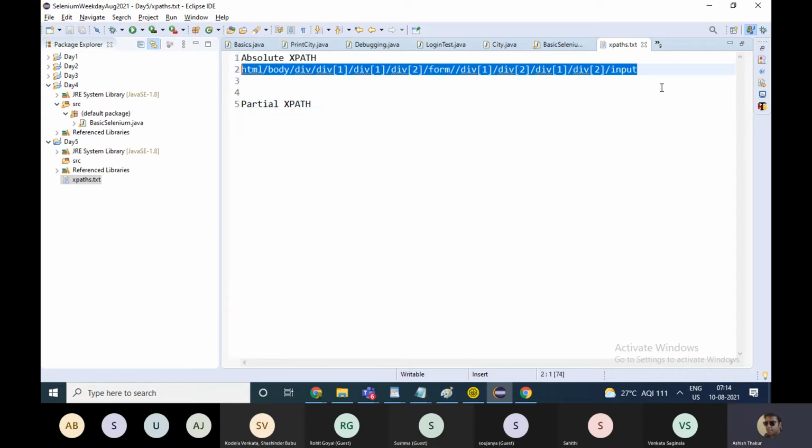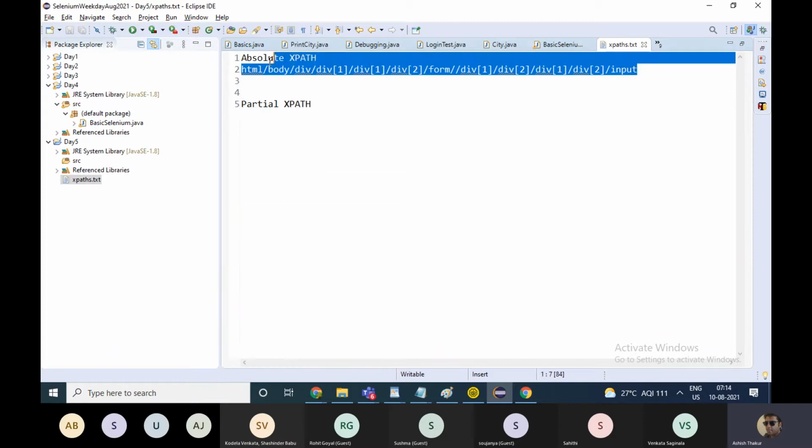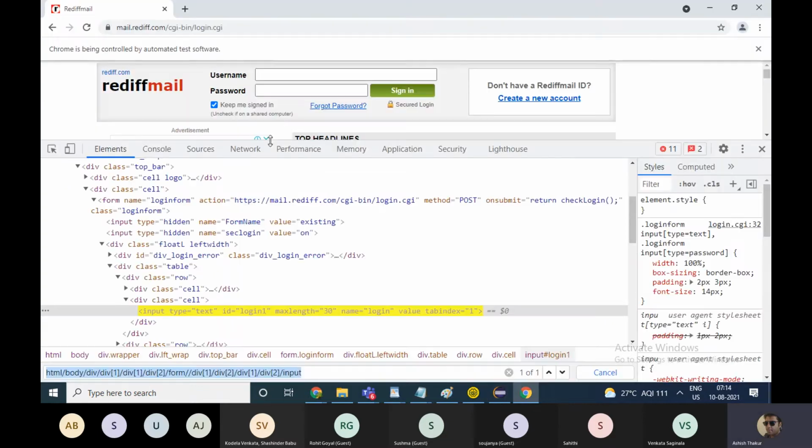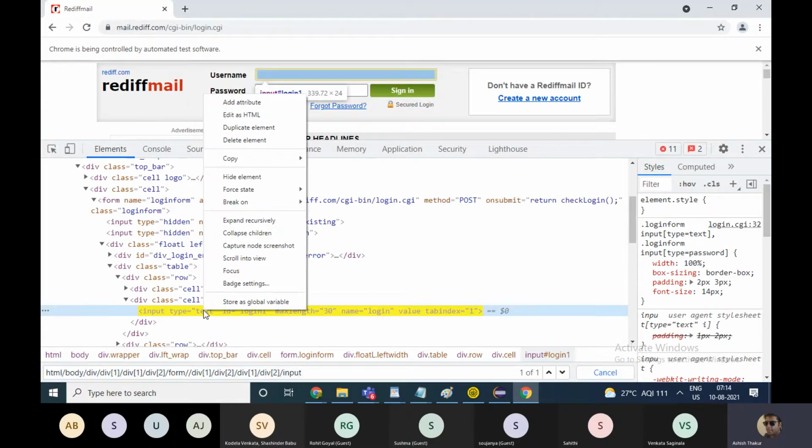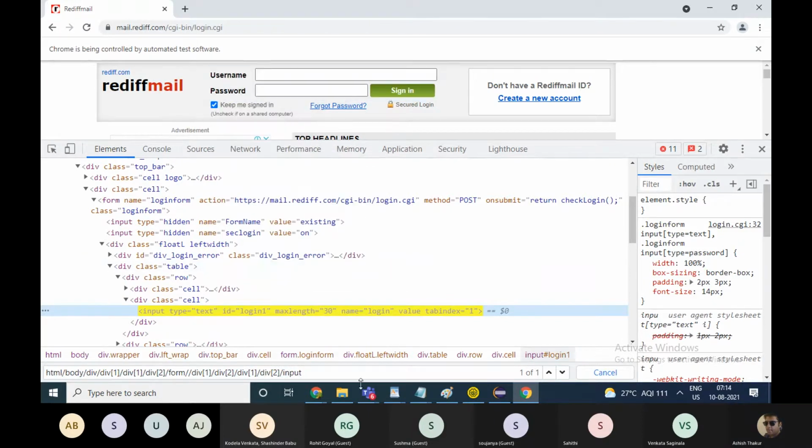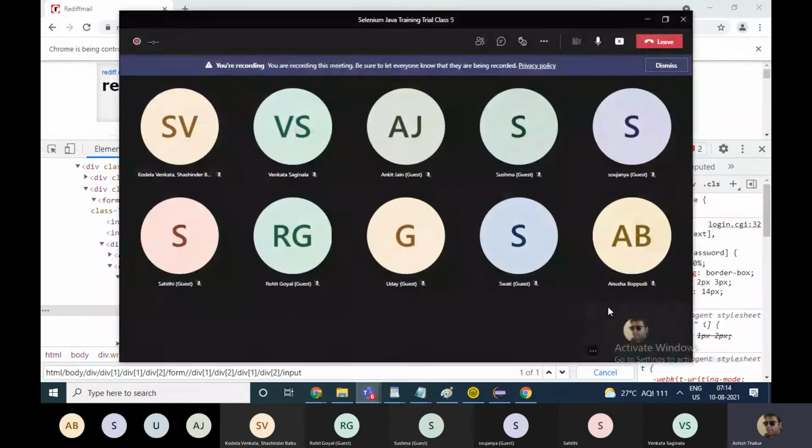There is no need to calculate such XPath manually like I did. It was just an example. You can right click on the element in Chrome and go to the option copy full XPath.